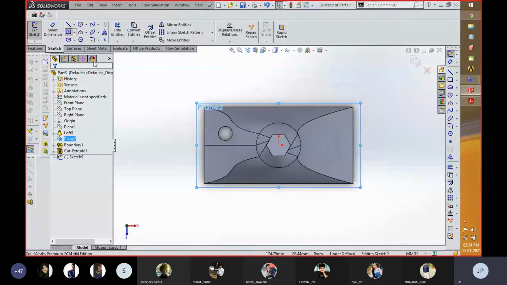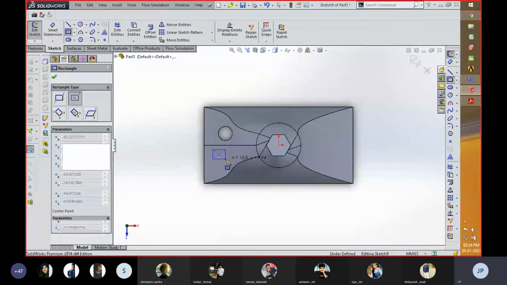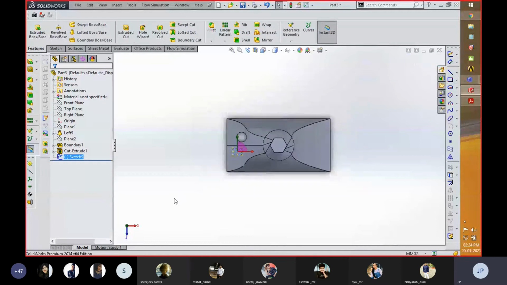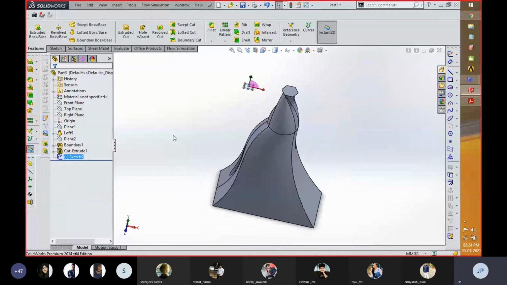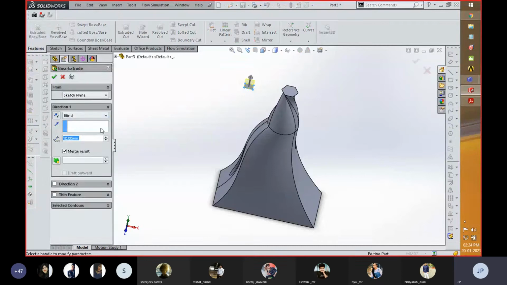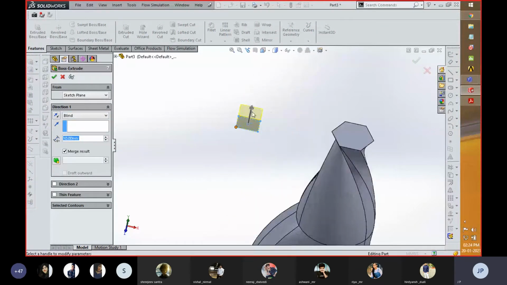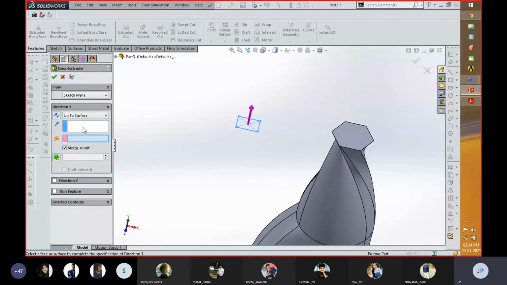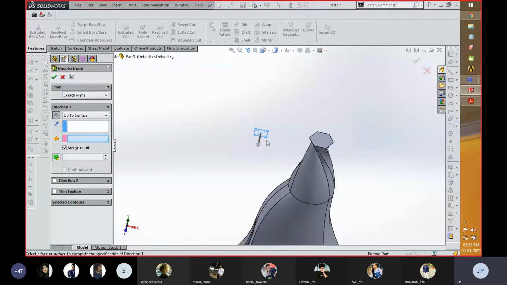So over here I am going to create a rectangle, and now over here I am going to add material. Okay, and this can be done over here. You see that the material added on this side, but for telling the up to surface toolbar, what I am going to do, I am going to select this part and click over here. So the material adding direction should be flipped.